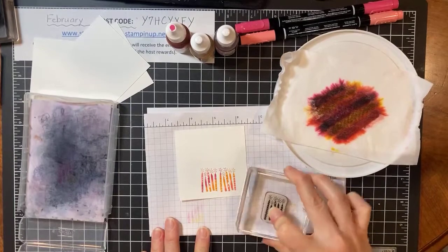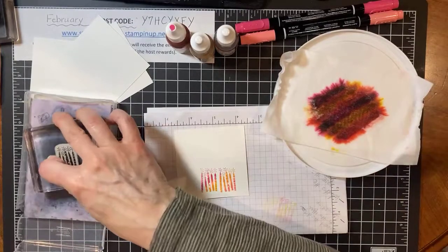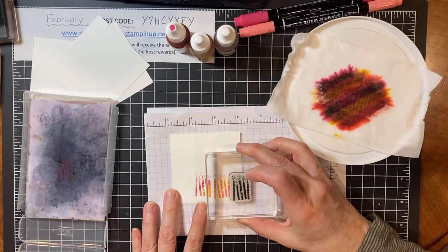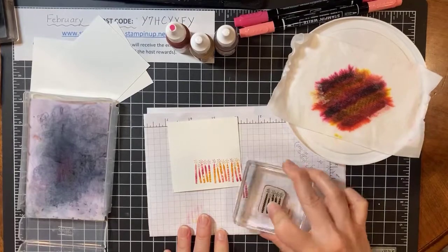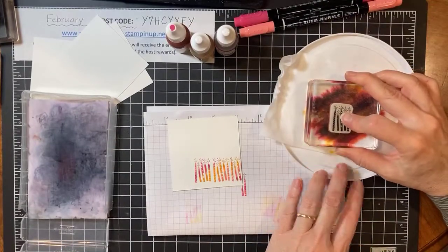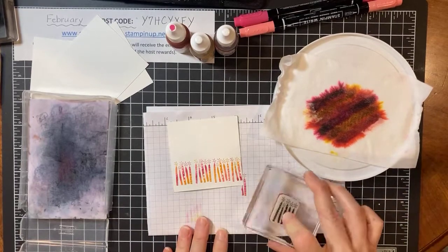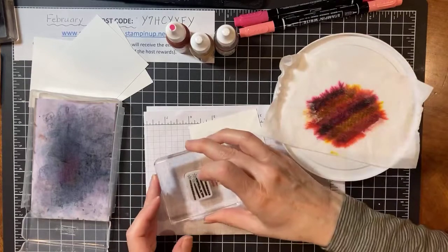I think you may notice too that as we continue to stamp, the colors may lighten a little bit. You don't want your ink or your baby wipe to be too wet, because it'll dilute the colors a lot. Oh, this is so pretty. Oh my goodness. I like this combination. Clean, clean, clean every time. Then you don't have to worry about where you hit. I have this feeling that my sparklers are maybe going a little off kilter. All right, one more time, so you get the idea of how that worked